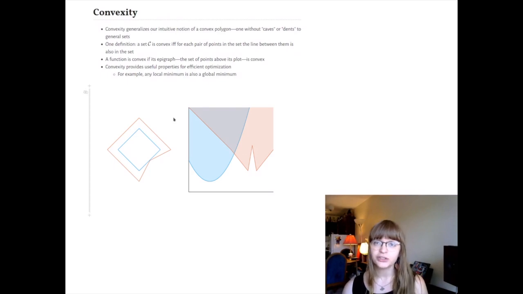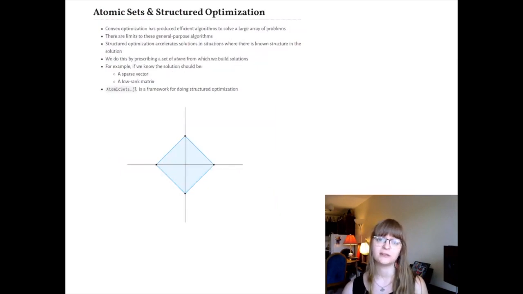Then we say a function is convex if its epigraph is convex. So again, here is a convex function and a non-convex function. Convexity provides a lot of useful properties that allow us to build efficient optimization algorithms, but there are limits to these general purpose algorithms. And structured optimization aims to take advantage of any structure we might expect to find in